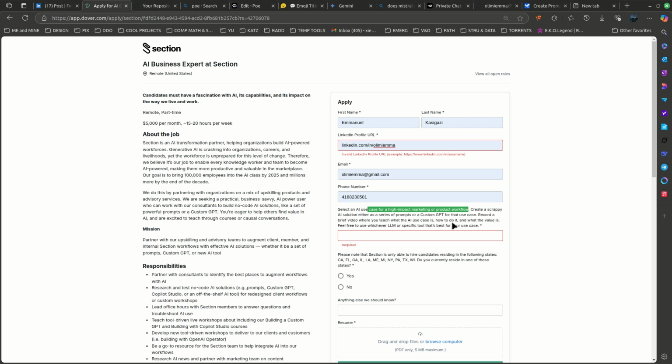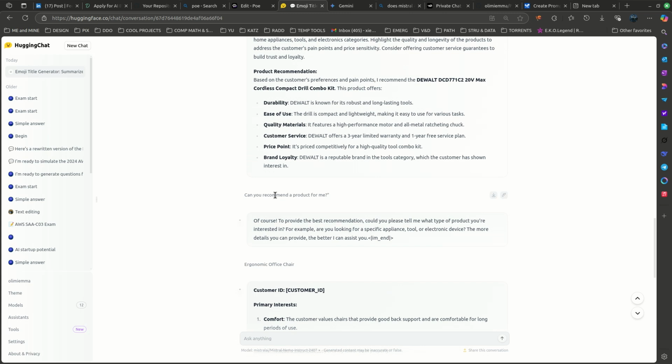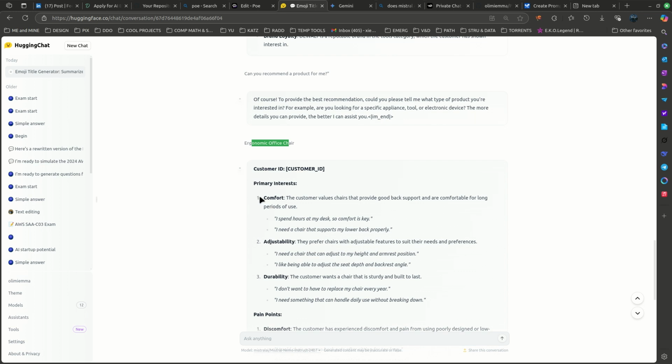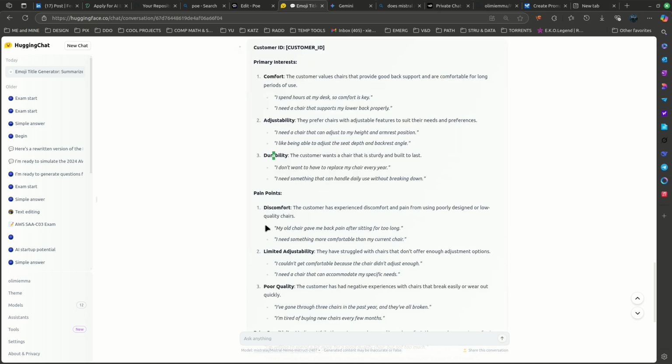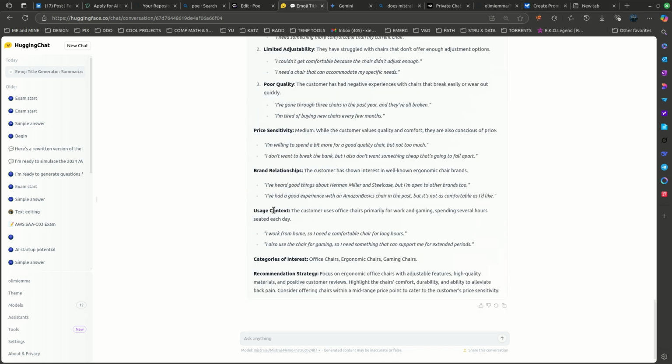What value is this? Where is this? Is this assistant basically just recommending something like, based on your tracking history, you tell it a product and it recommends, like what I did. I said recommend a product for me, it asked me what product, I gave it the product, and it told me details about that product, the pain points, the price sensitivity, the use case, the categories, the things that I'm interested in, and